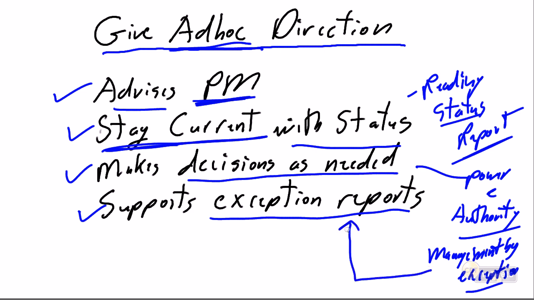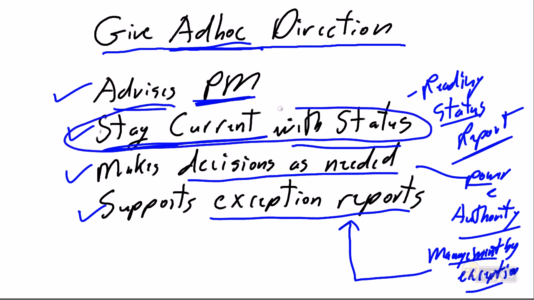A key project tolerance, a key project measurement, has exceeded my ability to manage within my power and authority, and I need you, my boss, senior management, to get engaged and help me make my project more successful. Again, to repeat, I hope not an issue you have with your senior management, but one that I have encountered at various times in my career, is keeping my management engaged enough in my project that they're there, active, knowledgeable, and ready to provide that ad hoc support to help with the exception reports as needed.